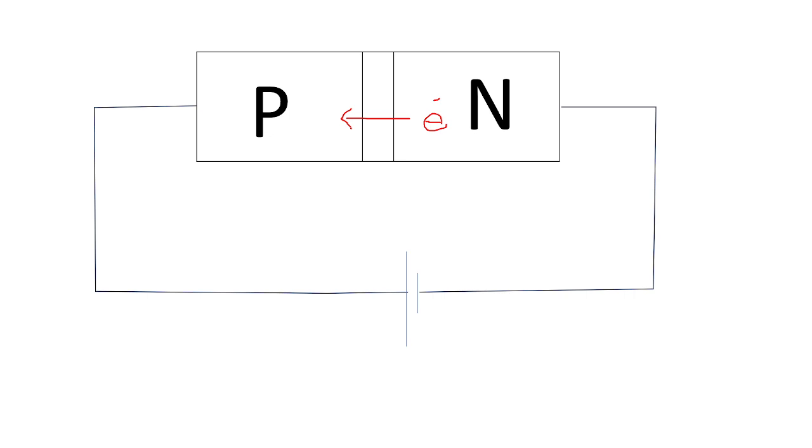Now electrons are in higher conduction band on the n side, whereas holes are in the lower valence band on the p side. During recombination, some of the energy differences is given up in the form of heat and light,